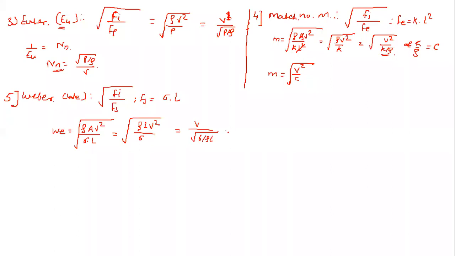The significance or importance of the Weber number is in flow problems where surface tension plays an important role, that is, the capillary movement of liquids. For example, capillarity in soils: water rises in the soil due to capillarity. Whenever we insert a small tube in water or any liquid, it shows capillary rise or capillary fall. In such problems, we need to go for the Weber number. Again, flow of blood in the veins and arteries and liquid atomization. In such cases, we need to go for the Weber number.